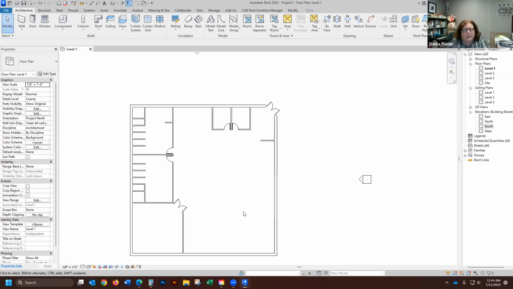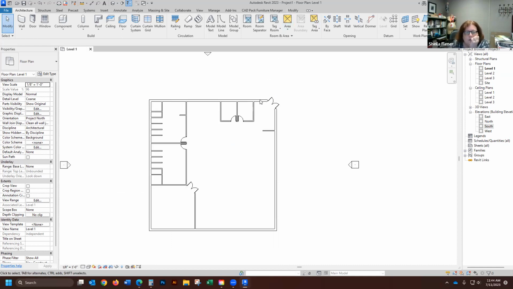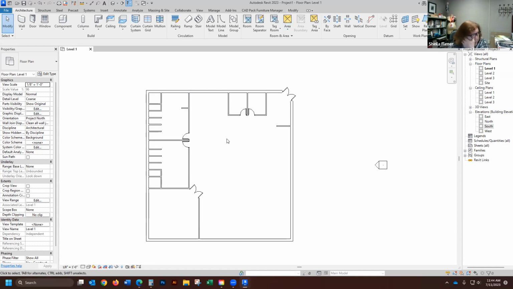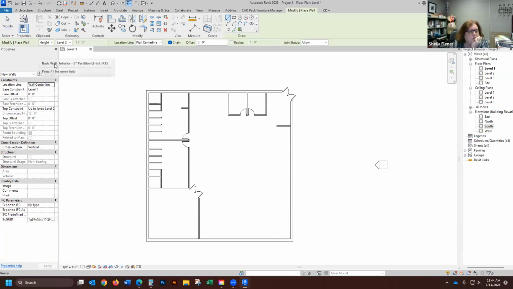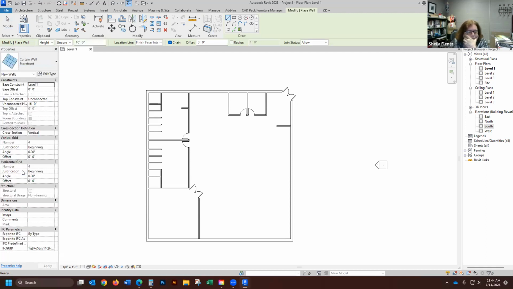So we are going to go to wall, click wall. That's where storefront windows are kept. It's a wall. So if I click there and scroll down, there is curtain wall 1 and there's storefront. So if I click storefront,